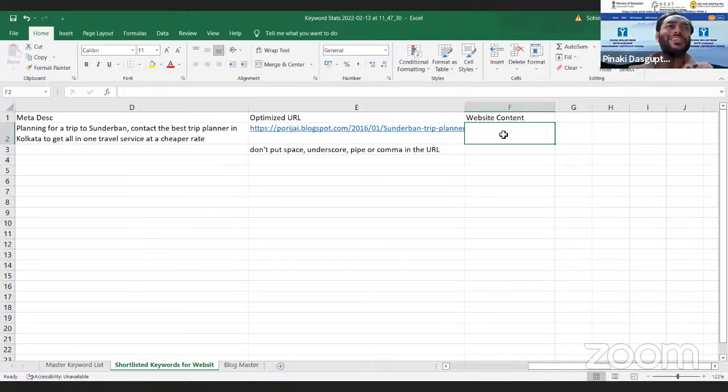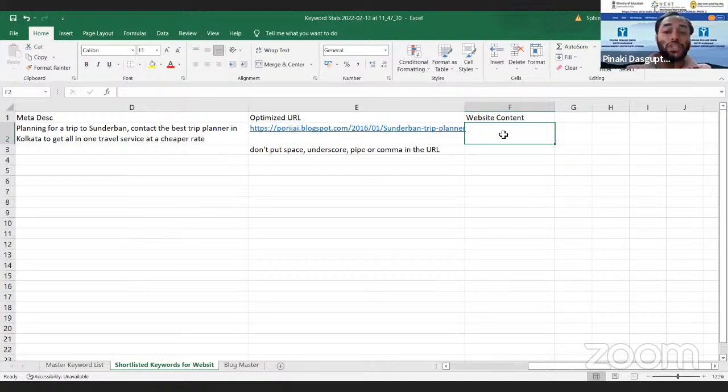So if someone who is a newcomer in your organization, or who gets a new responsibility to handle a certain project, you give this Excel file to that person, he doesn't have any issue to understand the entire project, and you don't have to sit and explain each and everything to him.